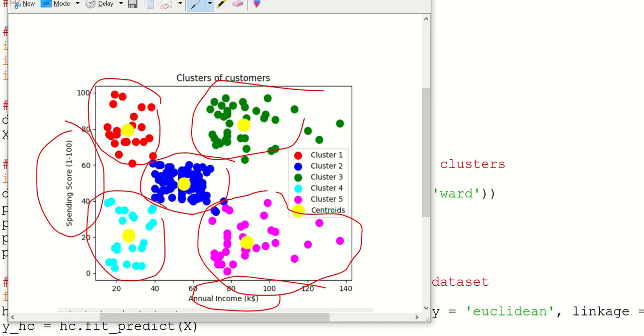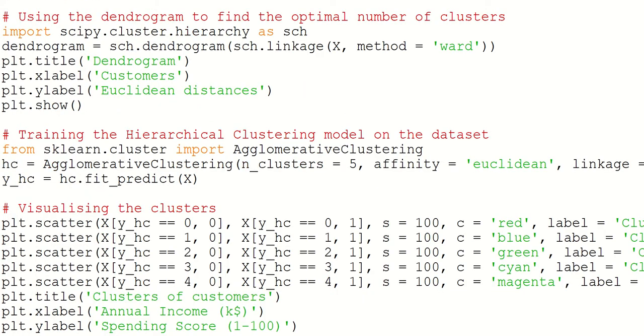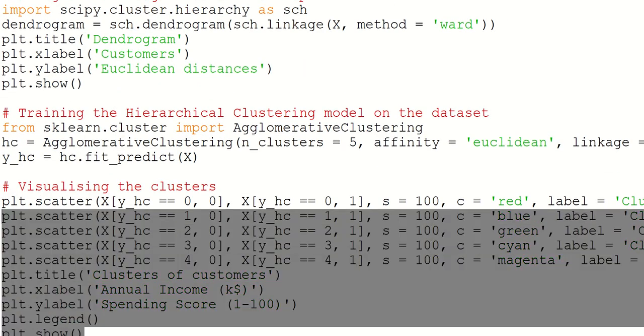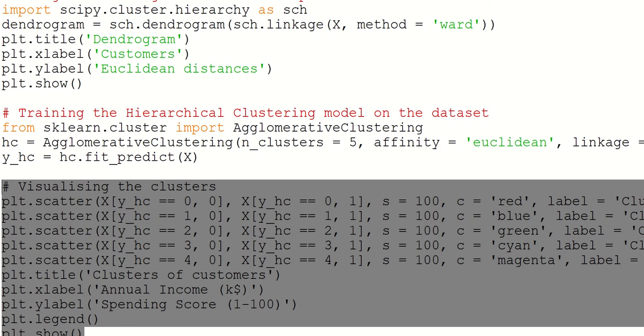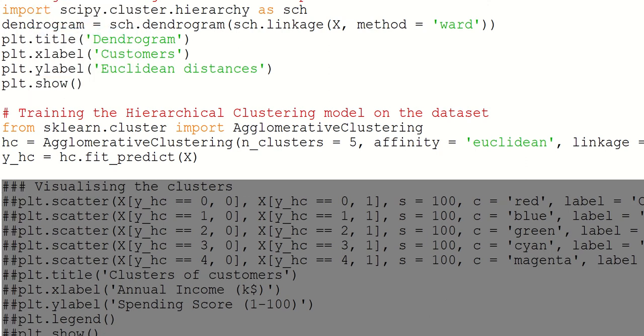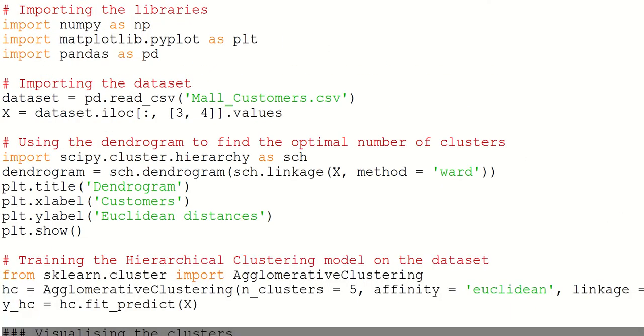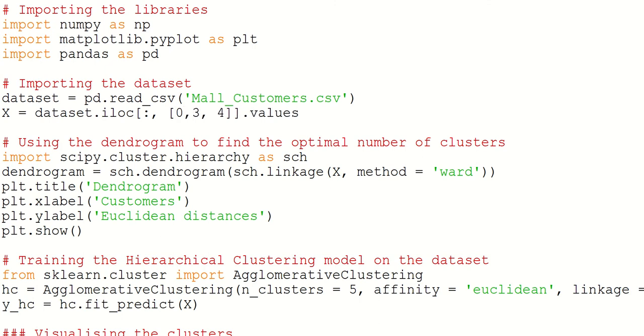But if you don't want to do that, you just want to see the number of clusters which are there, then you can keep all the variables and you can then define how many clusters you want to make. If you want to do that, you should just comment out this visualization part. Then instead of 3, 4, I will make 0, 1, 2, 3, 4, and then if I run this,